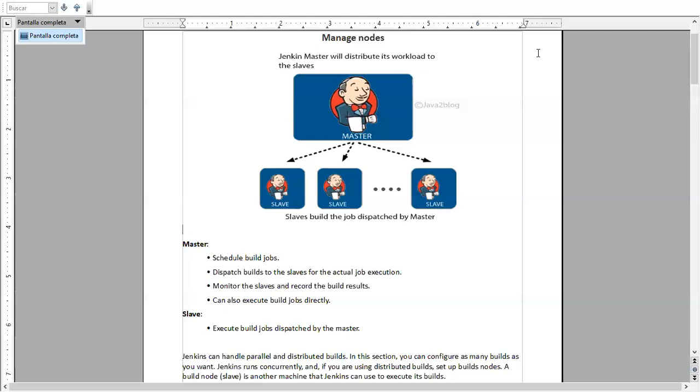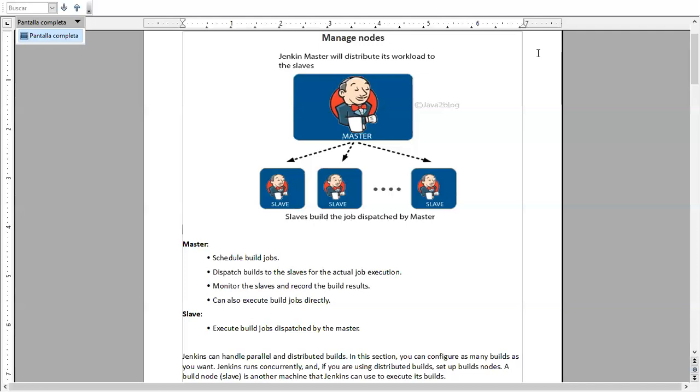So to reduce that workload, we have to create slave agents. Slave agents are nothing but agents which are running on other virtual machines.